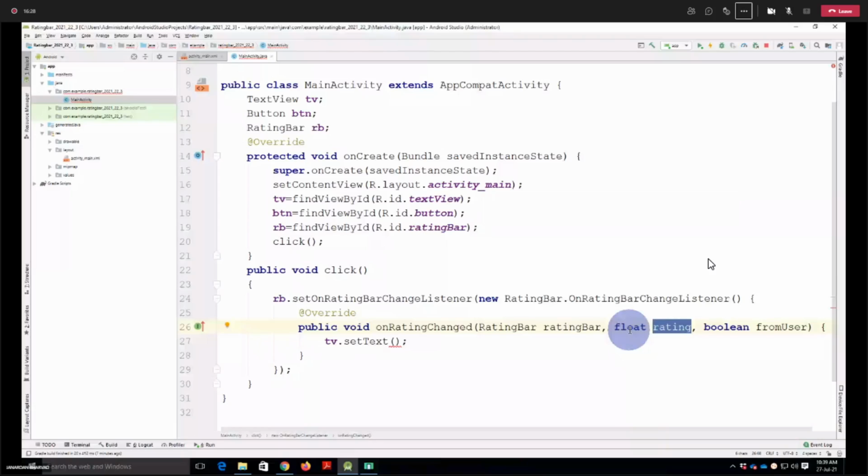Now what is our task? We just need to take this variable and print it, that's it. But the thing is that what we want here is a string and what we have is a float. So what we have to do is just convert the float value into a string.